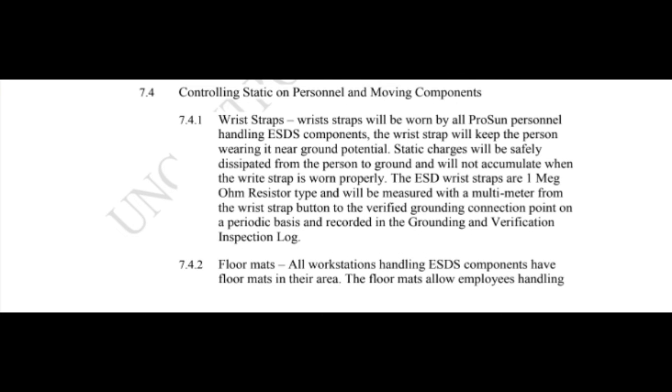Controlling static on personnel and moving components. Wrist straps will be worn by all ProSun personnel handling ESDS components. The wrist strap will keep the person wearing it near ground potential. Static charges will be safely dissipated from the person to the ground and will not accumulate when the right strap is worn properly. The ESD wrist straps are 1 meg ohm resistor type and will be measured with a multimeter from the wrist strap button to the verified grounding connector point on a periodic basis